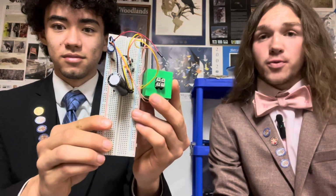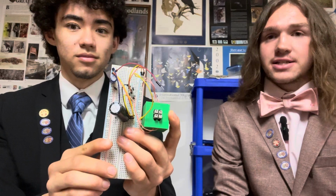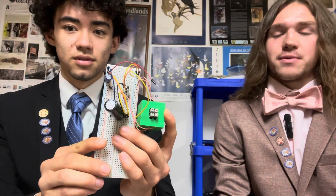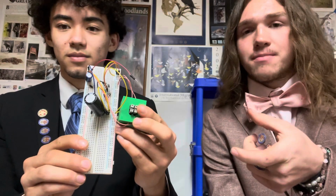So for our testing, we were not able to test our Rochelle salt as it could not charge our capacitors to a high enough voltage. This, however, was not the case for our PZT units. Our PZT units were able to charge our capacitors to a high enough voltage to test. So in order to test these, we would first get 4 of these units and put them into a small frame made out of Meccano